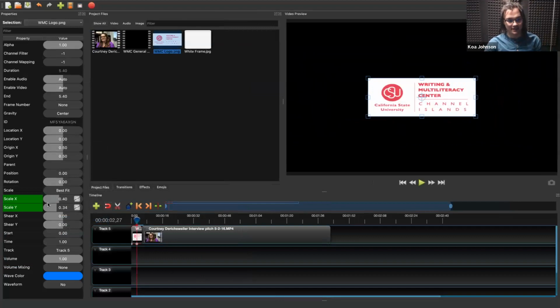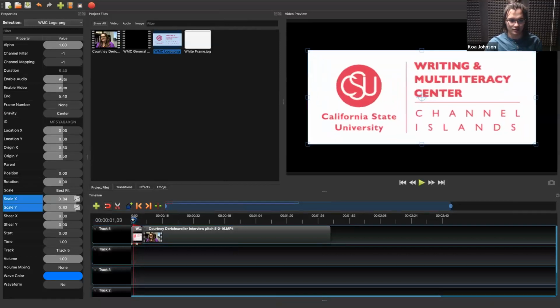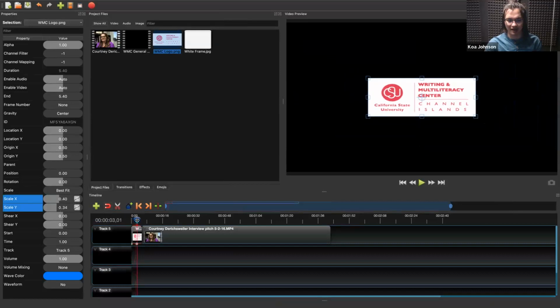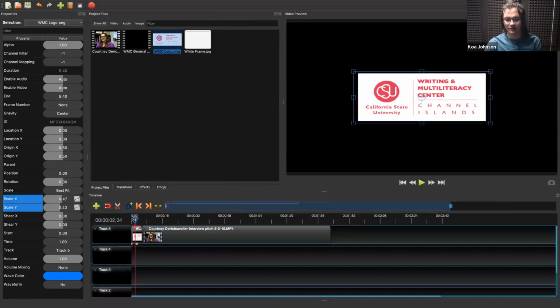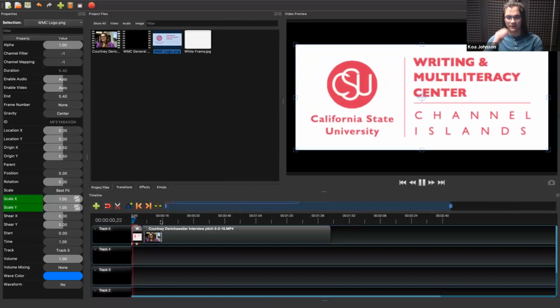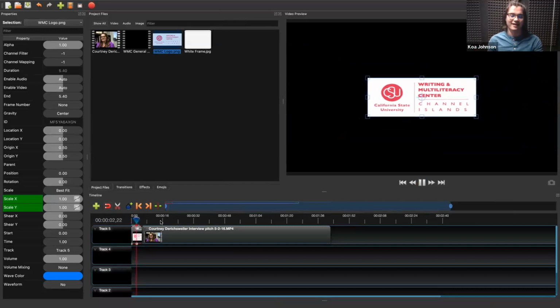And you can see, like I was saying, it looks like it changed the scale of it. So it's saying, okay, scale X and scale Y have changed. And as you can see, those values are slowly changing because we changed it halfway through. Because we changed it halfway through, it's basically going to say, oh, okay, you want it to slowly shrink. We'll go over how to exactly use keyframes, but if we want to make static changes where these things don't